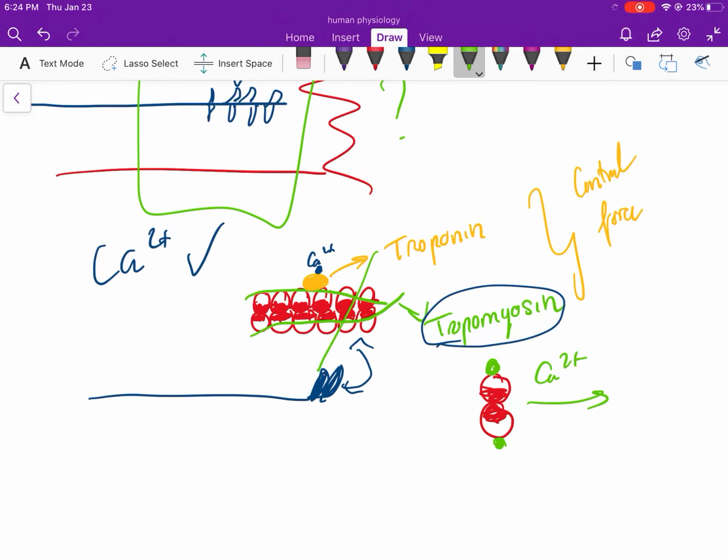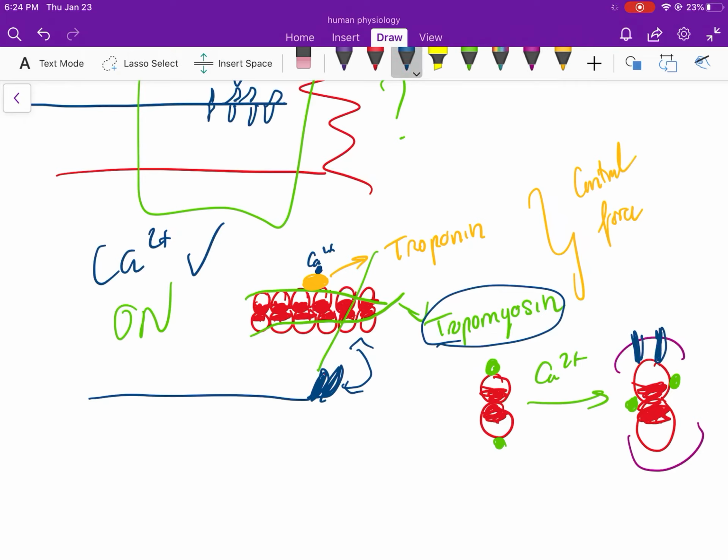But when we have calcium in and activate the troponin, the system is on, and the troponin will rotate a little bit and expose our binding site. It rotates to this side or this side, and now we have the exposure of our binding site right here. So now our myosin can act here, bind to here, and walk along the actin